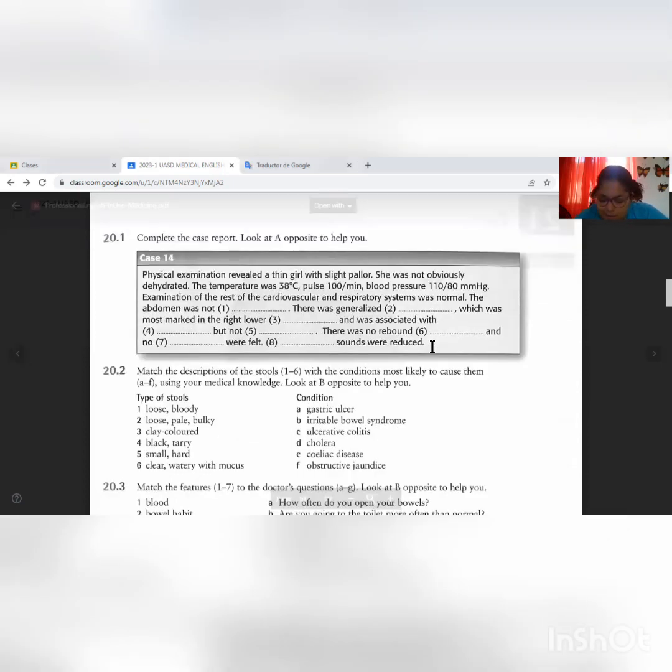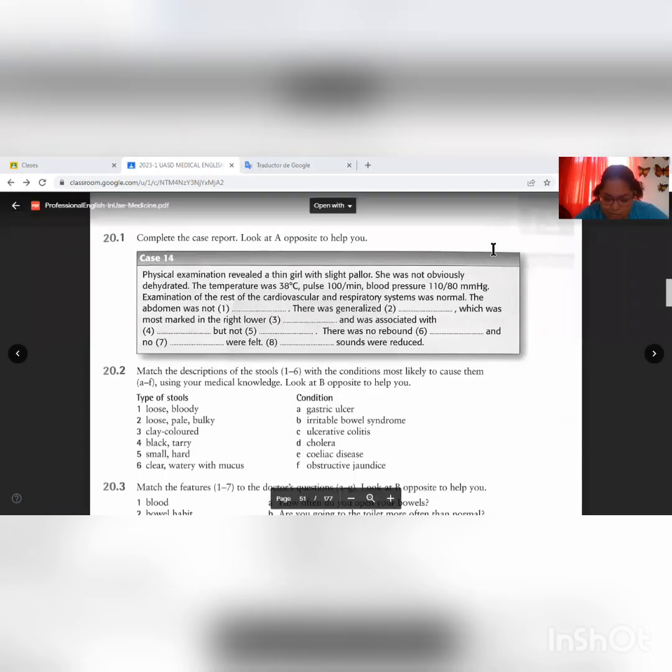20.2. Match the descriptions of the stools 1 to 6 with the condition most likely to cause them, A to F. Using your medical knowledge, look at the opposite page to help you. Type of stools: loose, bloody, ulcerative colitis; loose, pale, bulky, obstructive jaundice, clay-colored, celiac disease; black, tarry, gastric ulcer; small, hard, irritable bowel syndrome; clear, watery with mucus,